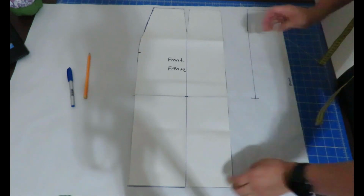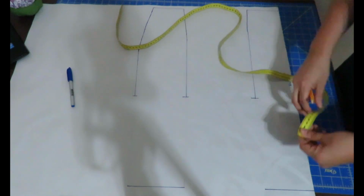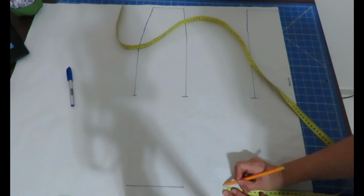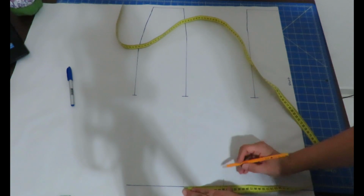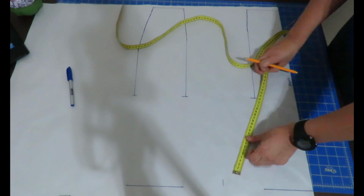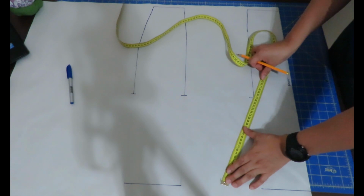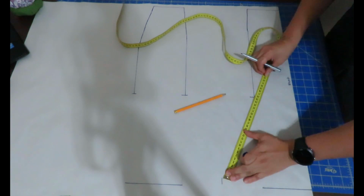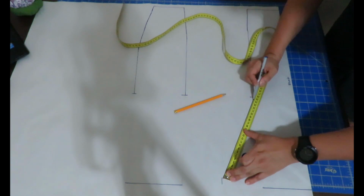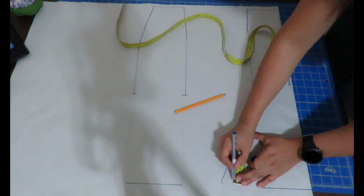They're gonna be like notches. I'm gonna give a flare. I'm gonna measure 10 centimeters out here. Just make a little marking there, and from the other side as well, 10 there. And from that little mark there, I'm gonna take my tape measure and just draw a line. My line is gonna measure 25 centimeters here, 25. And then from that same point, I'm gonna mark a dot there,